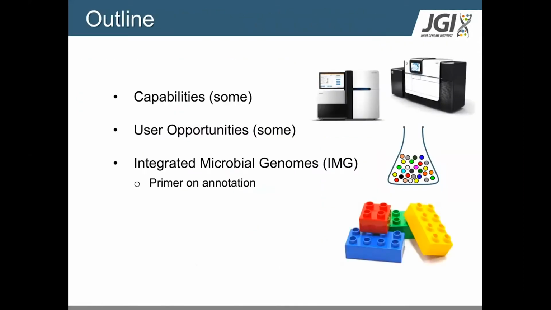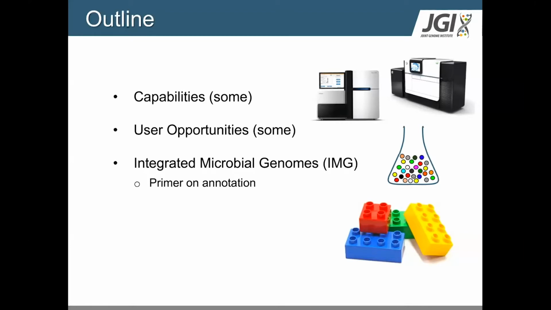So I had some back and forth with Kelly, and I've contracted and expanded this presentation. So this is where I settled. I'm going to provide some information on JGI's user capabilities, so our portfolio of products. And I have some within parentheses because I'm not going to go over all of them. I just cherry picked some that I thought would be most synergistic with the topics that you guys are learning about in the summer school. But there are definitely other capabilities, and I have links provided so you can check those out at your leisure.